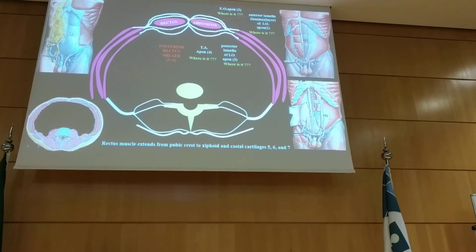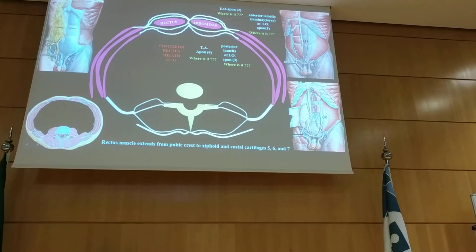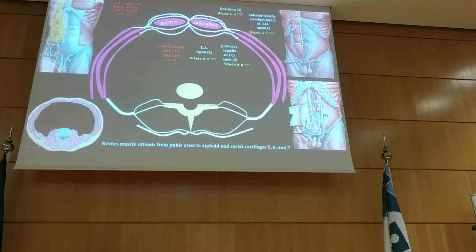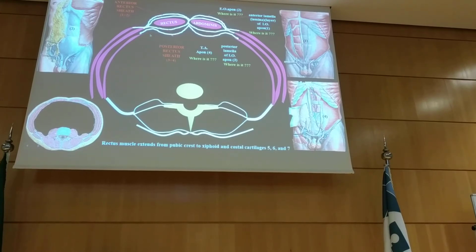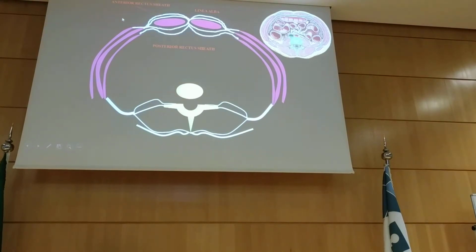This is the one which is corresponding to this. External oblique aponeurosis plus the anterior lamella is forming for us the anterior rectus sheath. So we have here anterior rectus sheath,